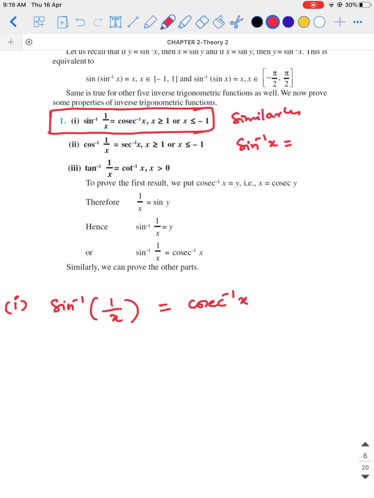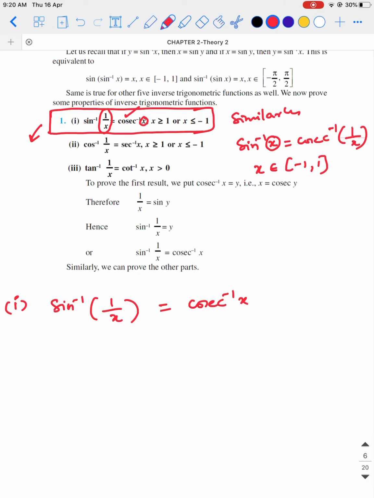Sine inverse x can be written as cosecant inverse of 1 by x, where x belongs to minus 1 to 1. So observe the difference here. Here it is sine inverse of 1 by x, which is equal to cosecant inverse x, whereas here sine inverse of x is equal to cosecant inverse 1 by x. What the difference is, in the point given in your textbook, the domain is decided by the cosecant inverse. So whichever inverse trigonometric function has the x in the numerator is going to decide